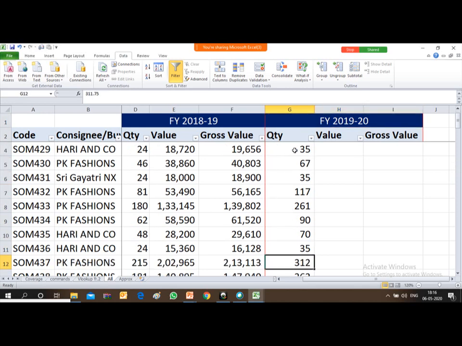So friends, by the Edit Links function you can break the link. This is again one of the important parts of VLOOKUP, that after using the formula, once you are sure that you have prepared your worksheet perfectly, it would be advisable to break the link. Otherwise, if there is any change in the source data, the value derived will get changed.